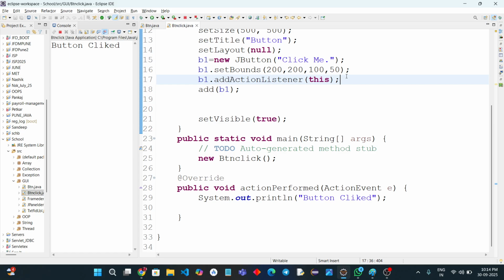So then how should we differentiate which button is clicked, right? You understood how to perform an action. Let me add some